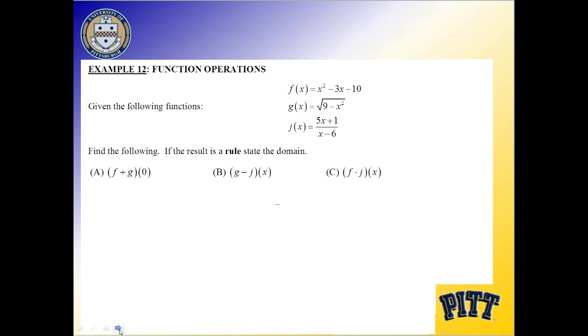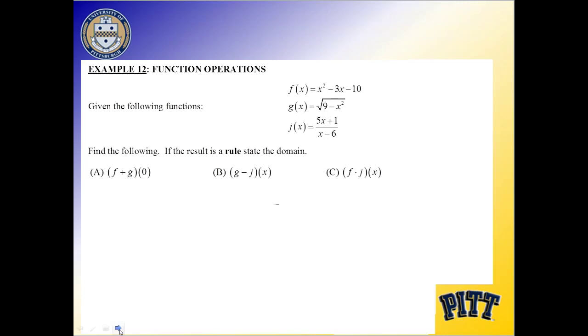When I look at g of x, though, I see that radical, which is another name for that square root symbol. That radical tells me that there are certain numbers that I can't have underneath it. If there's any x value that would make the expression 9 minus x squared negative, that can't be included. So if x were more than 3 or less than negative 3, I would get a negative value under there. So I'd have to exclude those and say that numbers between negative 3 and 3 would